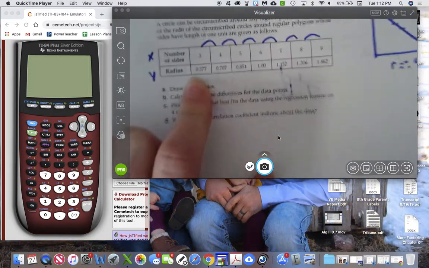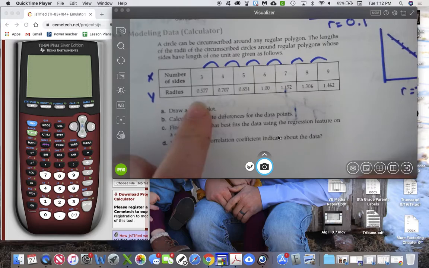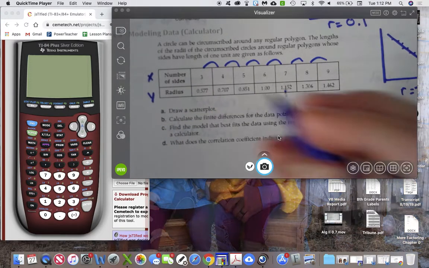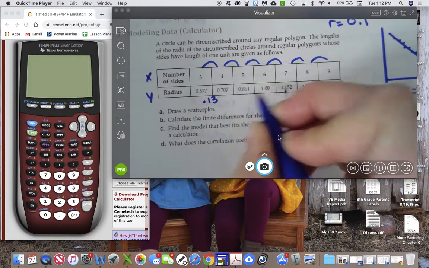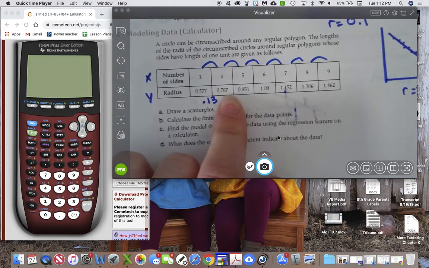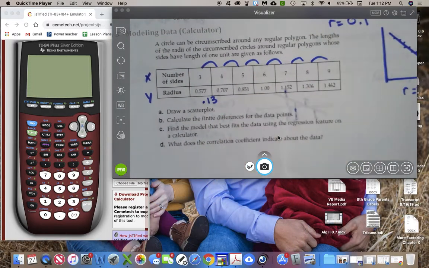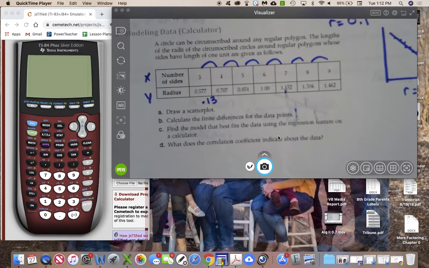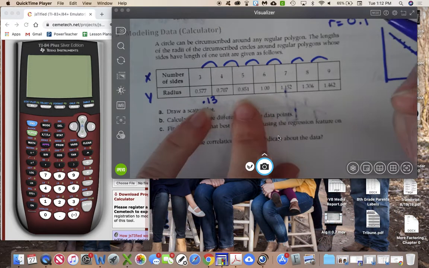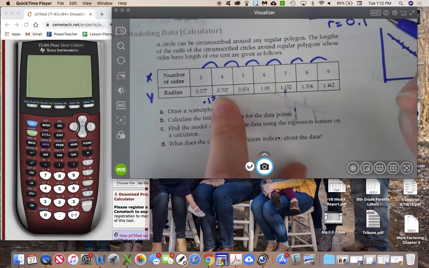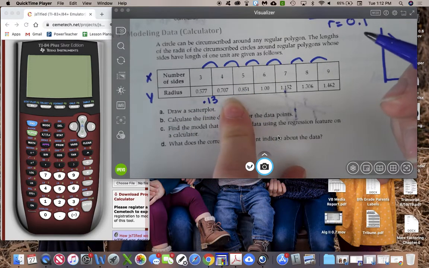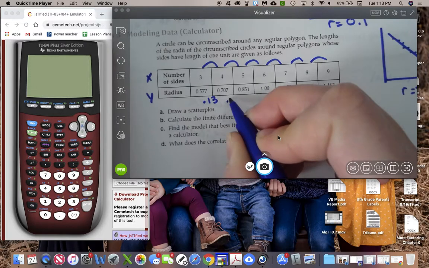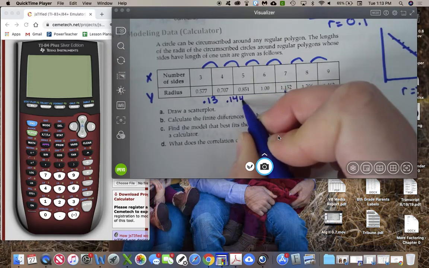Somebody do that for me real quick. What? 0.13? Okay. What is 0.851 minus 0.707? What would we be adding the next time? What? 0.851 minus 0.707. What is it? 0.144. Okay. 1 minus 0.851,